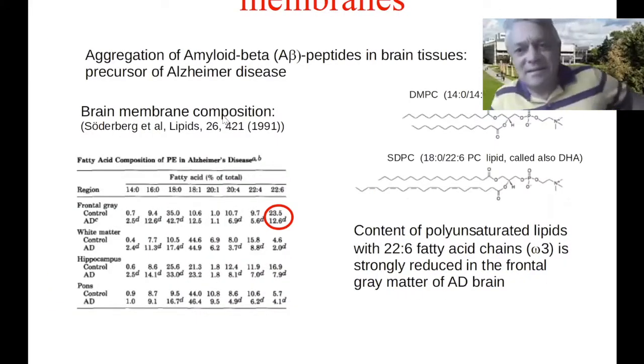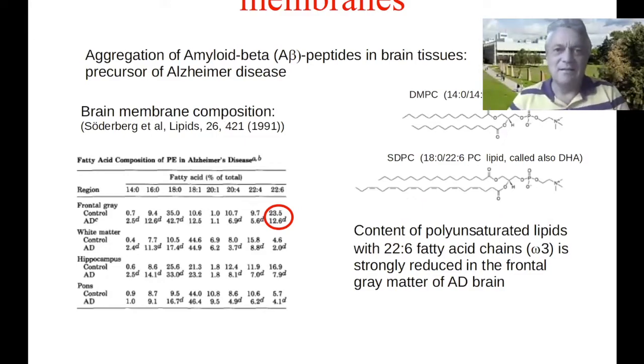Okay, the next study was the behavior of amyloid peptides in neuronal membrane. It is well known that amyloid beta peptides are related to Alzheimer's disease. It is supposed that aggregation of this peptide is the main reason for degeneration of the brain and failure of the brain to work properly. What is also interesting is that if you